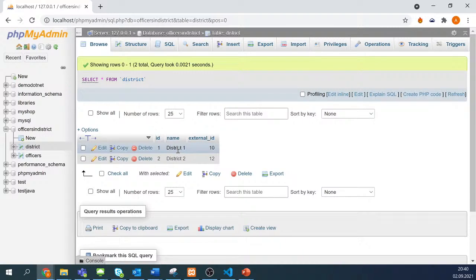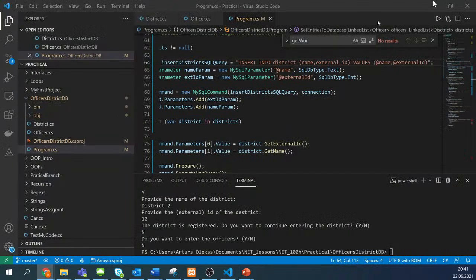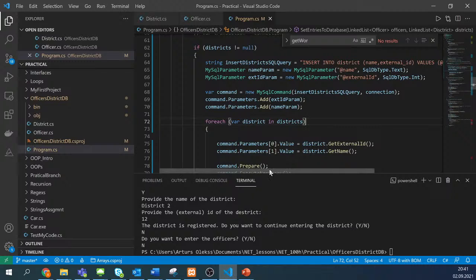So, we'll work with the comments a little bit later. Maybe next week we'll write better comments. But in this case, we entered the districts into the database from the code. So this is good. Do you have any questions so far? Okay, then if not, any questions about this one? Because now